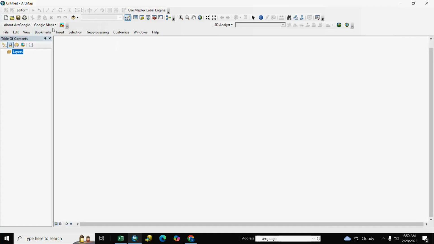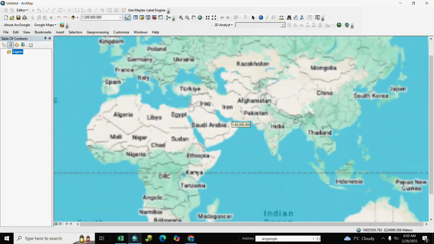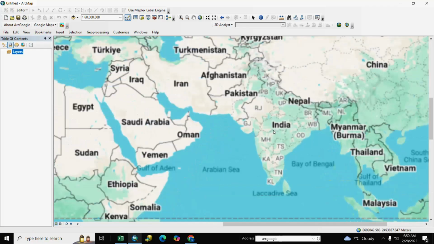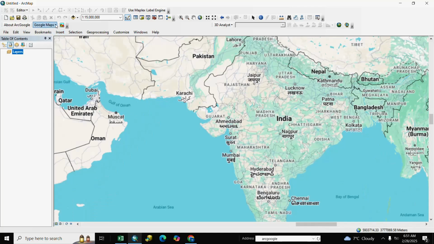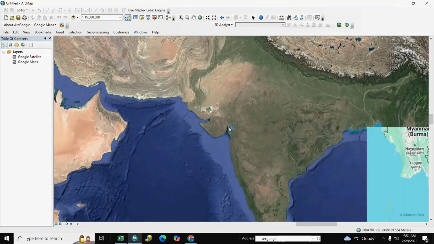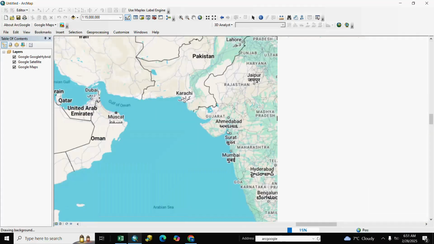Here is our Google. We go to Google Map and select Google Map. Here is our Google Map, and we go next to satellite image. Here is our satellite image and Google Hybrid.